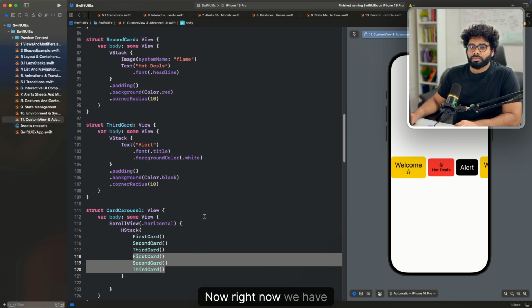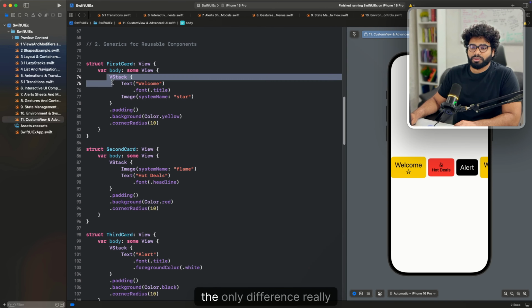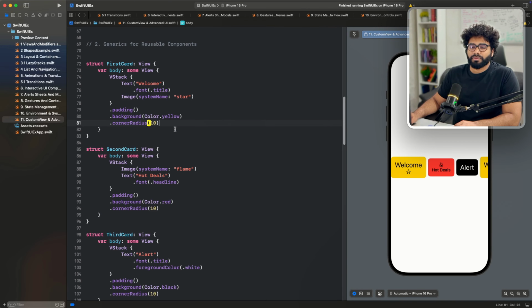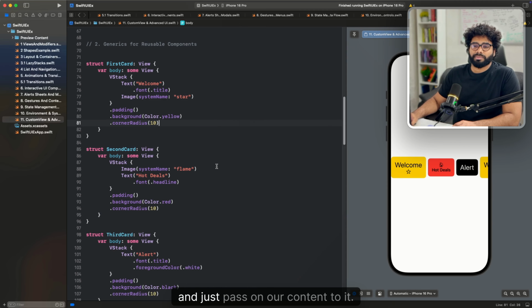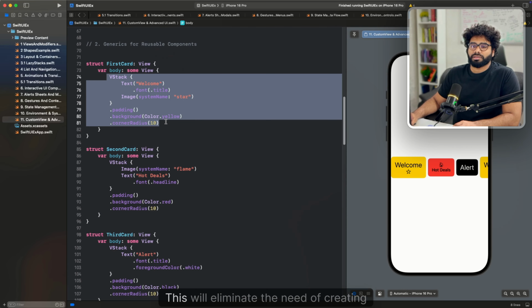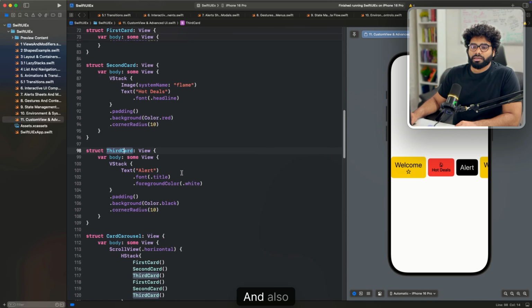Now, right now we have the content, which is the only difference really. What we can do is create a generic card container and just pass on our content to it. This will eliminate the need of creating three separate structures. And also,